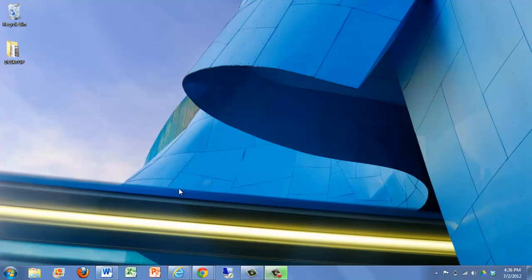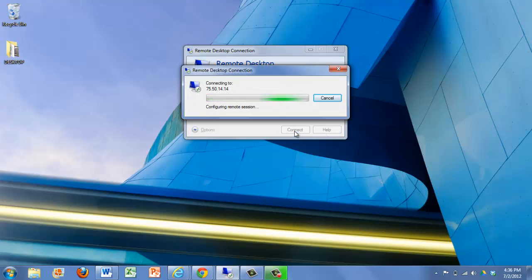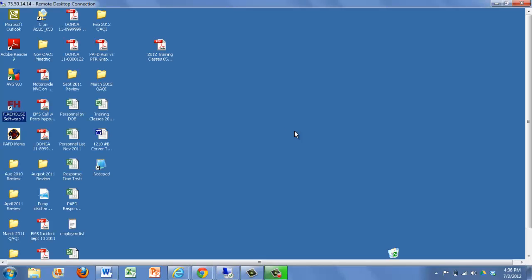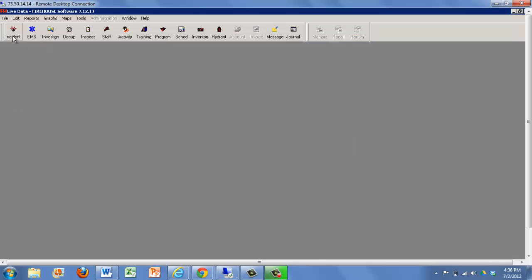the server downtown. So the first thing I'm going to do is open up our remote desktop connection, make sure the address is correct in here, and I'm going to hit connect. My credentials are already saved here, but you'll have to enter in your username and password. Once in here, I'm going to open up the FireHouse software, and from here I'm going to go to the